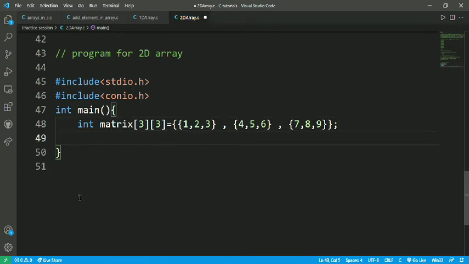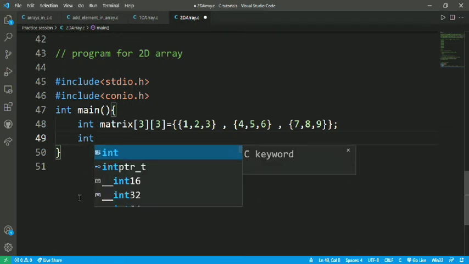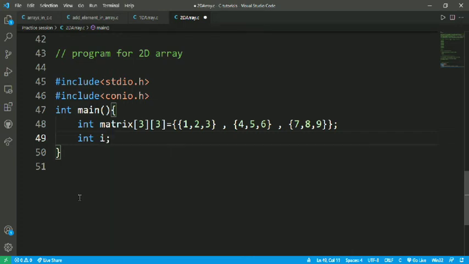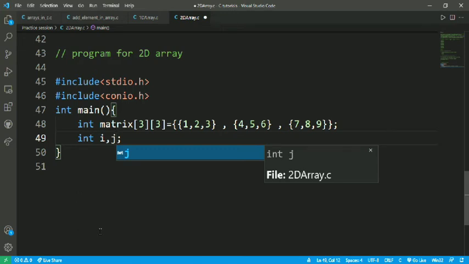And here I have to declare an i variable for iterating the for loop, and j, because i is for the first loop and j is for the second loop, because we are using two subscripts.